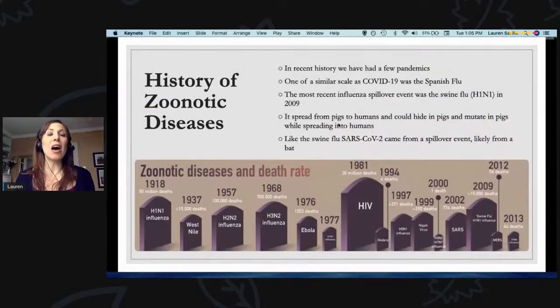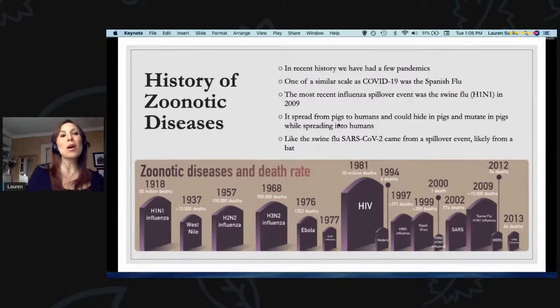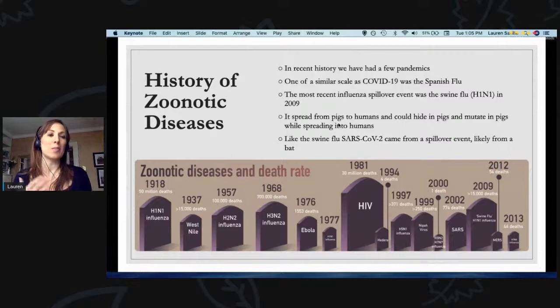So in the last 100 years, we have had quite a few zoonotic diseases that have popped up and caused quite a few issues for us as humans. The one we've looked to compare to the COVID pandemic now is the Spanish flu back in 1918. Just like the second wave we're in right now, the Spanish flu did the same thing. The first wave went down, and then the second wave came and was actually worse, which seems to be what we're seeing right now with our second wave.